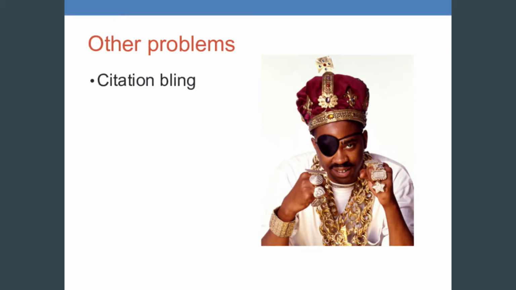So you don't want a paper that reads like an information dump, with all of these citations that you don't really need. That's what I call citation bling. Do you know bling bling? That's a hip hop slang term for the heavy gold jewelry that hip hop singers wear. Why do they wear it? To show off. Well, citation bling is when you dump a lot of citations into your document to show off.